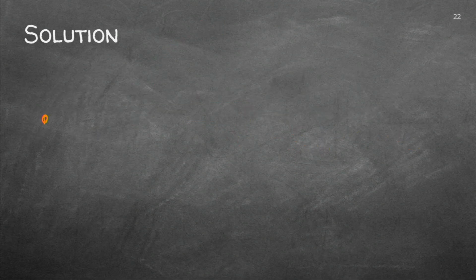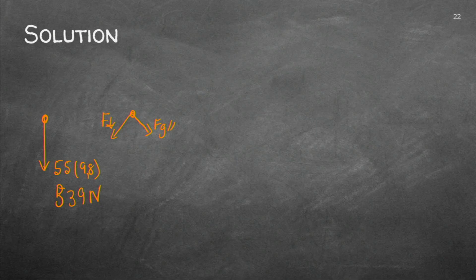We know the mass of Ntombi and her skateboard was 55 kilograms. I can calculate thus the gravitational force to be 539 Newton. Remember, we said that would be a parallel component as well as a perpendicular component. To calculate this parallel component, I need the 539 and I do the sine of 15 degrees. That gives me a value of 139.5 Newton.